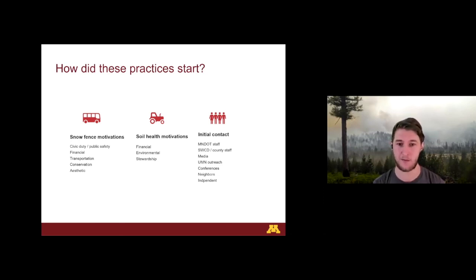A lot of folks have been able to reduce equipment costs, labor costs, fuel costs, nutrient costs, and all of that has really helped in lowering a break-even point. So even if yields have gone down or stayed the same, that bottom line has dropped a lot in a lot of these cases. And that's been a huge motivating factor for a lot of folks.